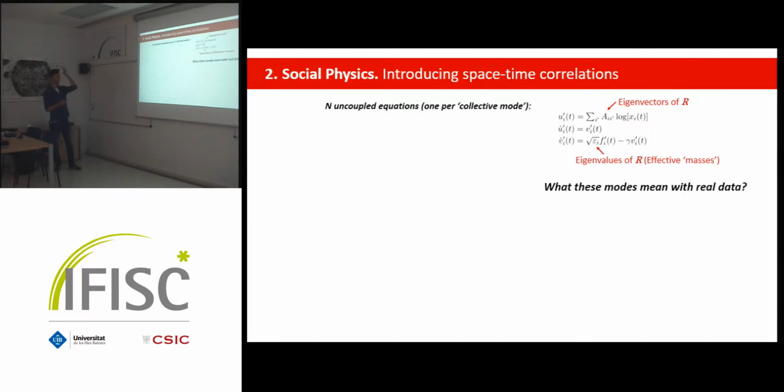So if we define this transformation, whose components are the eigenvectors of the correlation matrix, we decouple the equations. So we have a set of n equations that represent collective modes of the system that are uncoupled. But what they really mean,